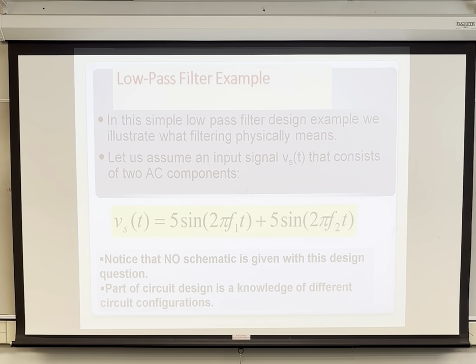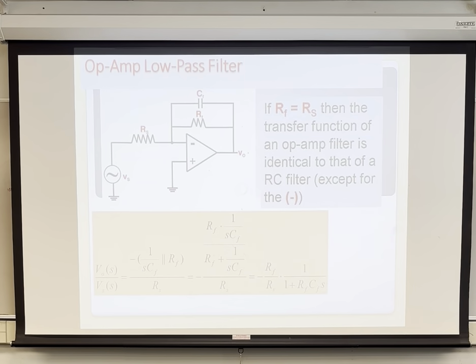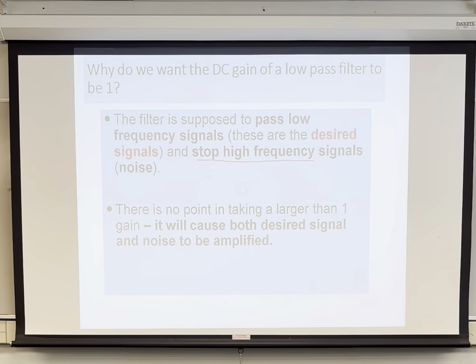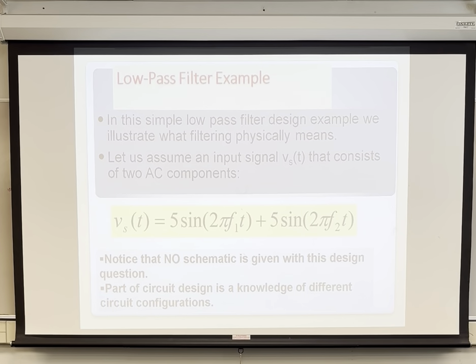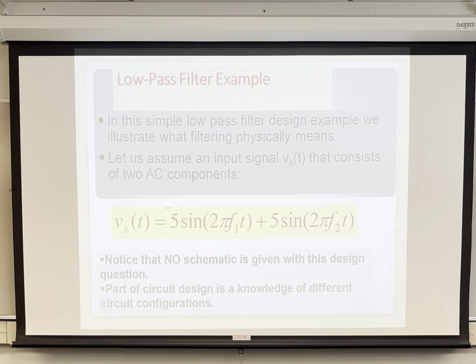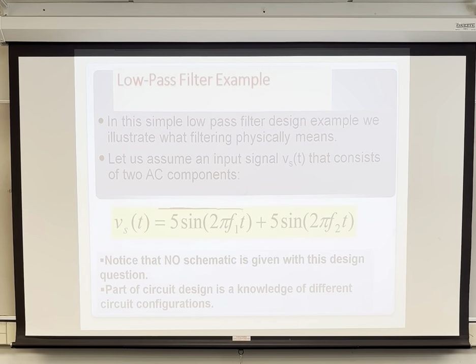So that's the designer's approach for a low-pass filter, and that's pretty much it in terms of the equations. So we go and design a filter. Let's say this is our piecewise input here. It's two sinusoidal inputs to the circuit, in trigonometric form. One is 5 sine 2 pi f1 t, and the other is 5 sine 2 pi f2 t. The question is, we want to design a low-pass filter that will pass the first frequency